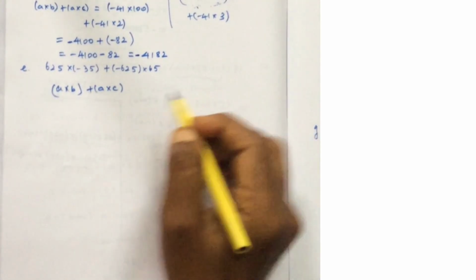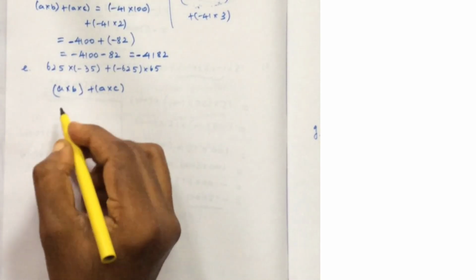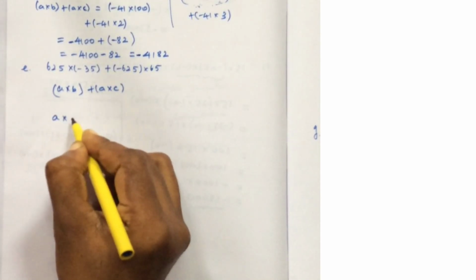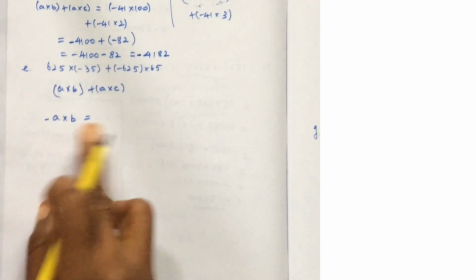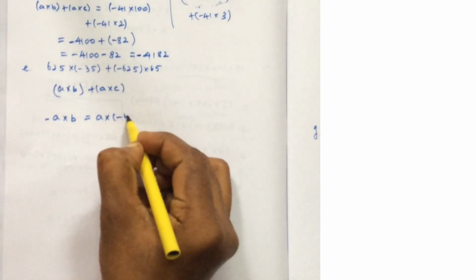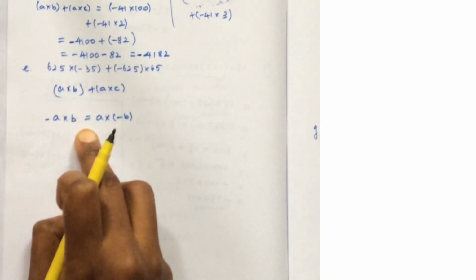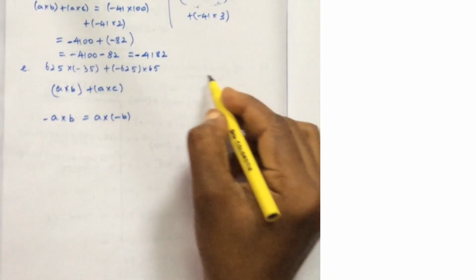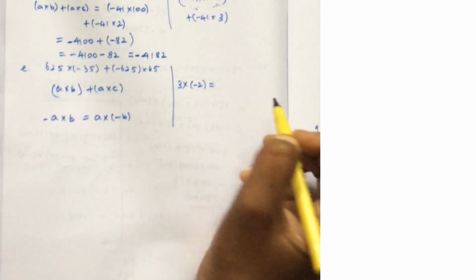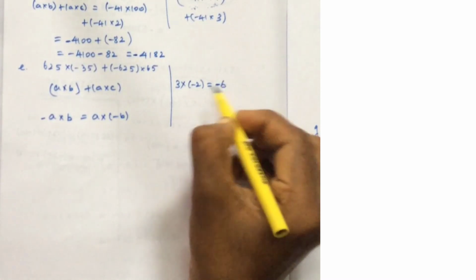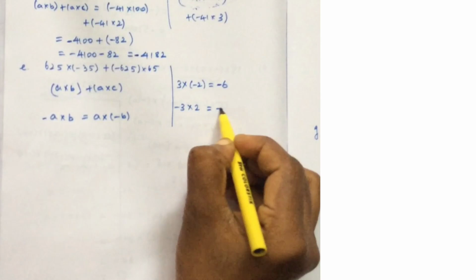So what we can do, we know that if you take any number, suppose I am considering minus a multiplied by b, it is same as a multiplied by minus b. In last class we studied this. Minus a multiplied by b is same as a multiplied by minus b. If you want to take some examples, you can check. What is 3 multiplied by minus 2? This is minus 6, plus into minus, minus. Same thing, minus 3 multiplied by 2, that is also minus 6.